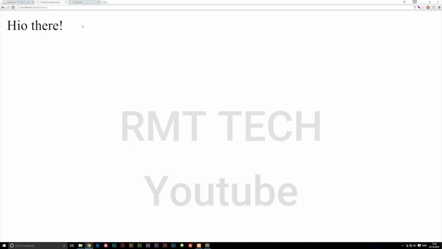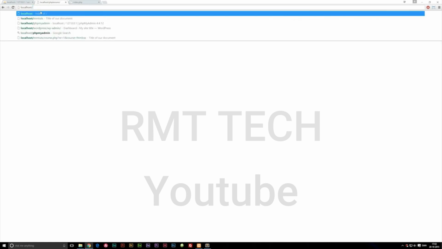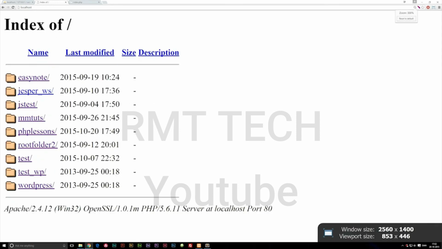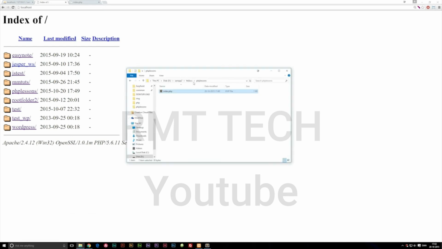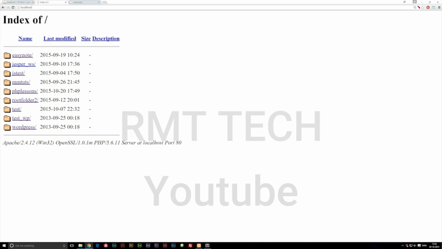I do want to show you guys one last thing, which is if I don't write anything behind localhost, you guys can see we get to this place here where we can see all the different folders we have inside our htdocs folder. As you guys will see, if I go back into my htdocs, these are the same folders as I have in here. So if you don't want to write anything behind localhost, you can just go in here and click PHP Lessons. And it opens up again. So this is how we install a local server. And this is all we need to actually